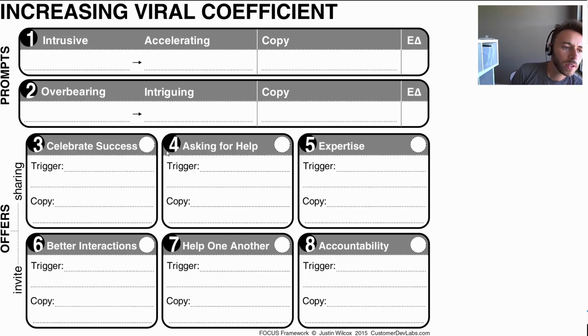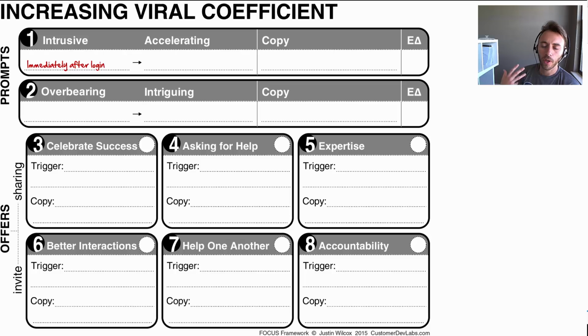So what I want you to do is, for step one, write down an example of an intrusive prompt. Think about, in your solution, what an intrusive prompt would look like. When would an intrusive prompt come up? In my case, thinking about some exercises that someone was going to fill out, an intrusive prompt might be